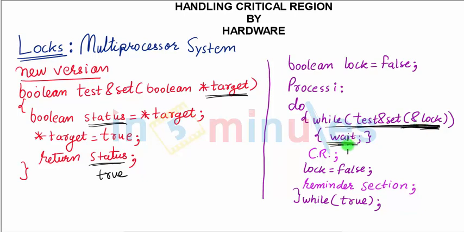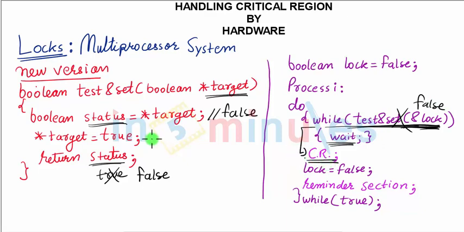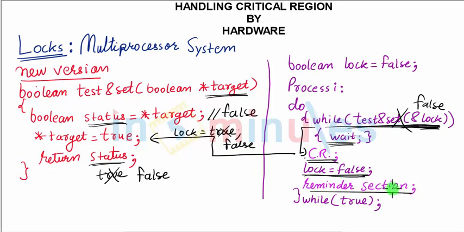If nobody other than the current process has already set it, then the answer to this would become false. As an end result, what you would return would be false. If the while condition becomes false, then that particular process will enter the critical region. Make a note of it. Before entering the critical region, this process has already made that lock equal to true, so that nobody other than it would access the region. When you're coming out, you'll again make lock equal to false. So now others can try. The remainder section will simply say who is supposed to go next.